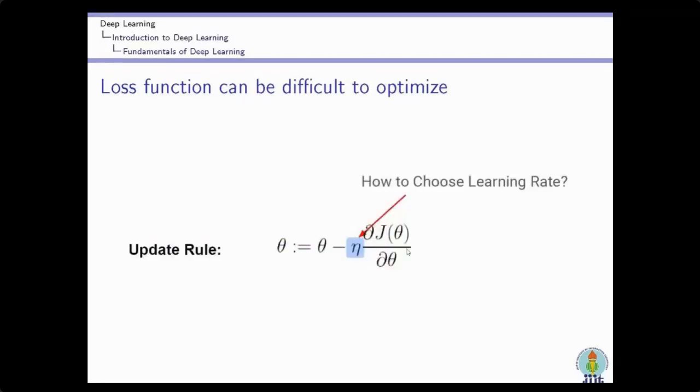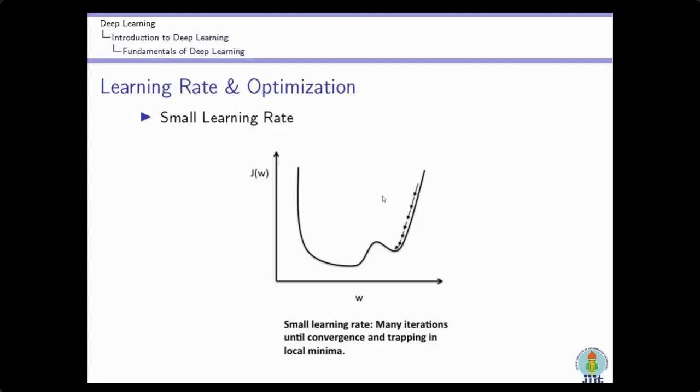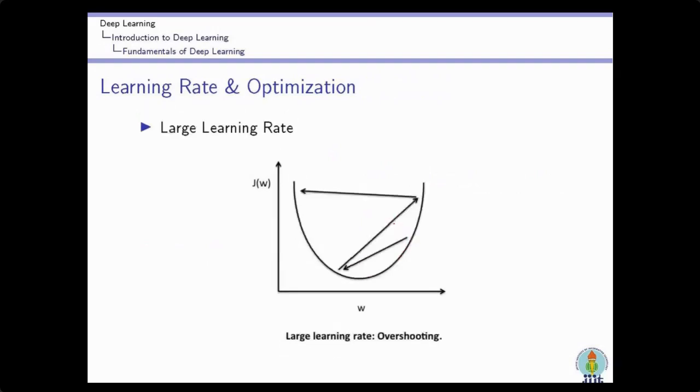Now, the second issue is the learning rate. How do we choose the learning rate, because it has a great impact. You will see here how it has an impact. If I choose a very small learning rate, what will happen? I can get stuck in some local optima. I should reach over here, but I can get stuck over here. So for a small learning rate, I can get stuck in a local optima. But what happens if there is a large learning rate? Then an overshooting problem will occur.